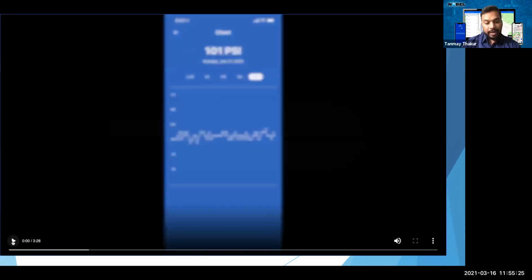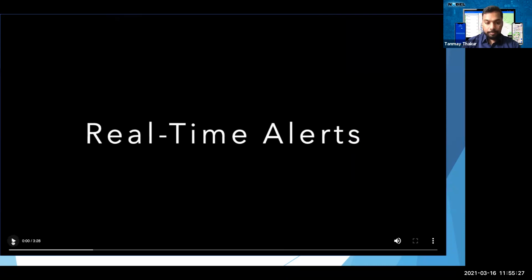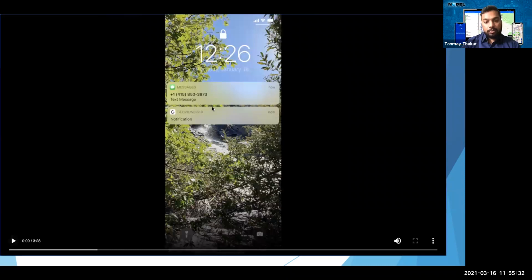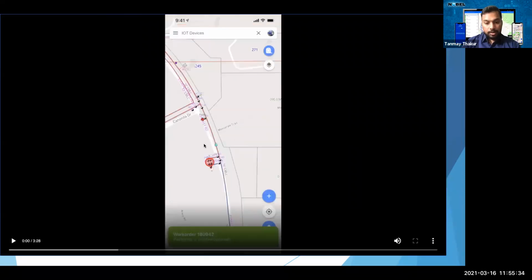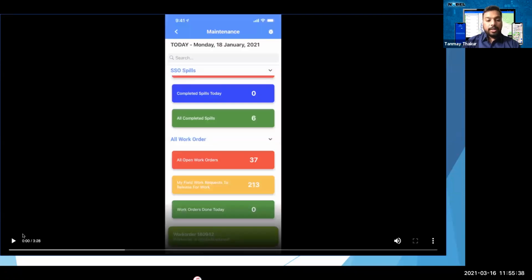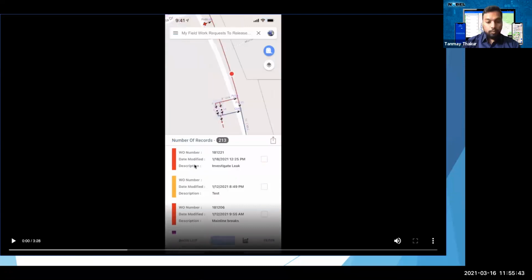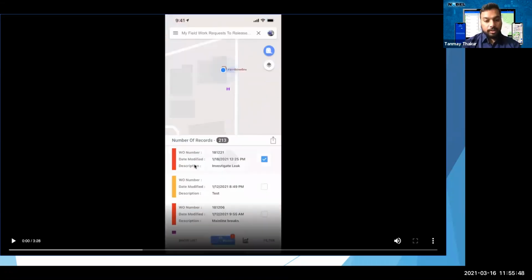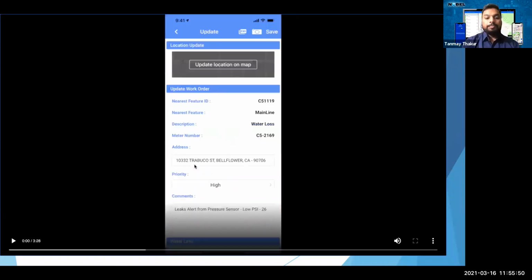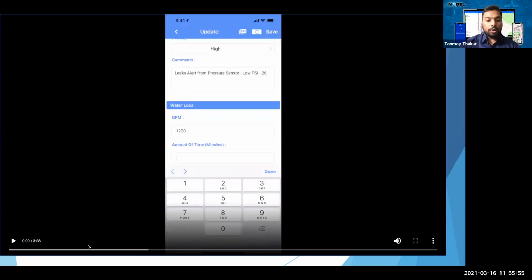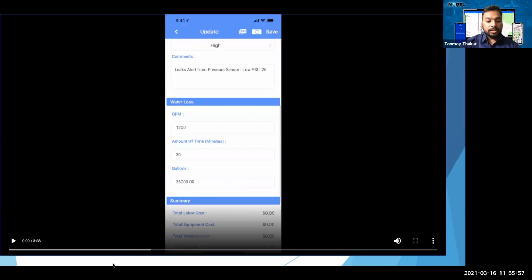This can also be done for a trend for a year or maybe for a day. This is a real-time alert which I've got on the phone for a leak across that particular section of the district. You can get an overview of the complete work orders. And also, if any field guy wants to go to that particular work order location, they can route it using the system. You can track the number of hours or the amount of water loss using this system.